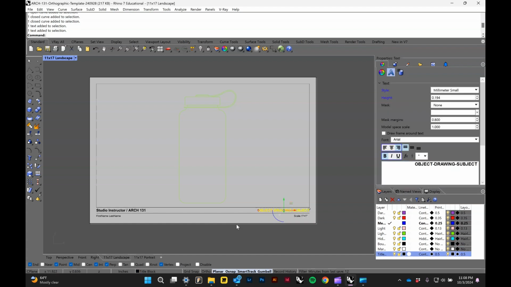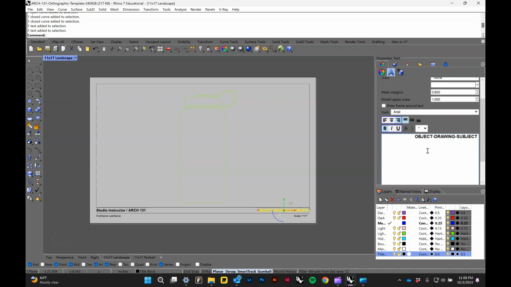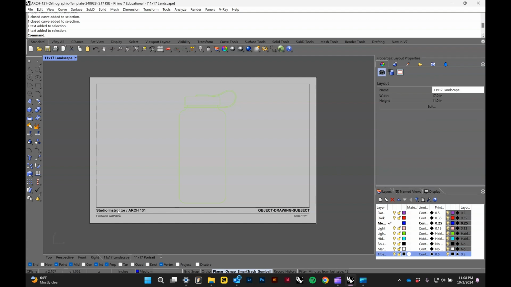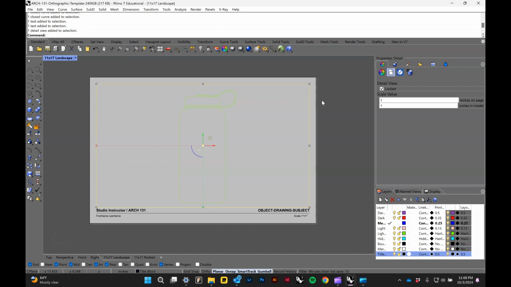To edit the text, click it, and again, in the properties, you can go ahead and, very cool. All right, and we're just going to escape out of that. But go in and fill this in with your studio instructor, first name, last name, etc. Pretty simple. So more about the layouts and how these operate: we have a detail view, and